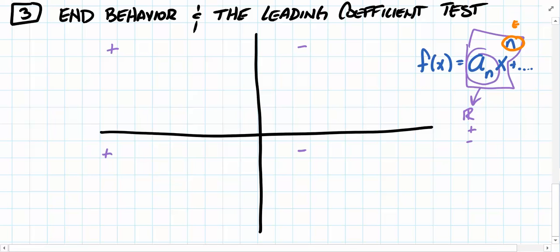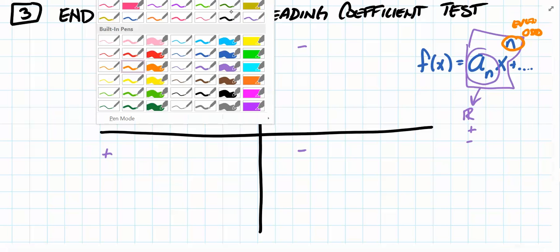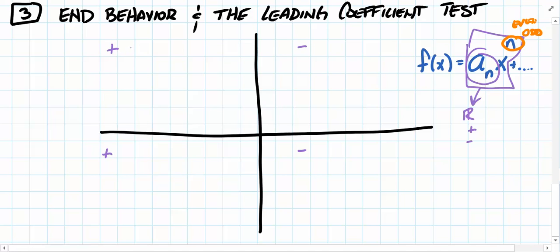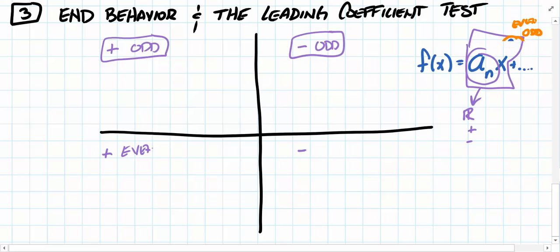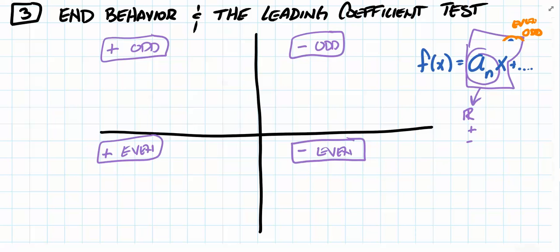Okay, so here's our graph. We're going to have the combinations of what it looks like for positive and odd. What does a function look like for negative and odd? What does a leading coefficient for positive and even do? And what does a leading coefficient for negative and even do? So these are all possible combinations that we could have. Okay? So an example of a positive odd polynomial function would be something like, how about f of x